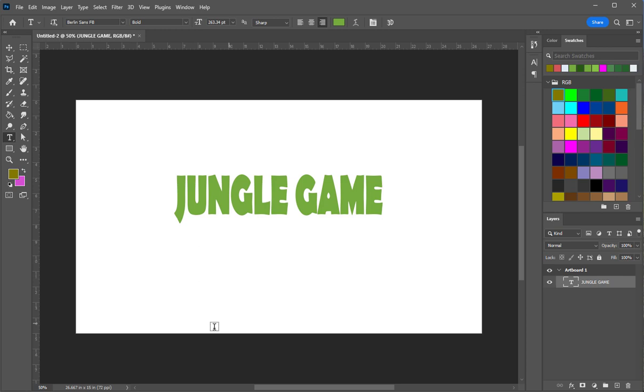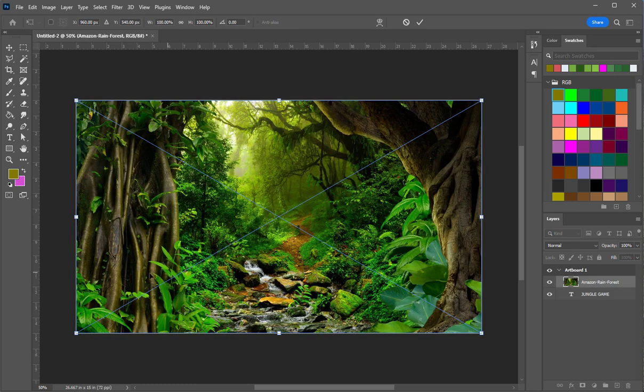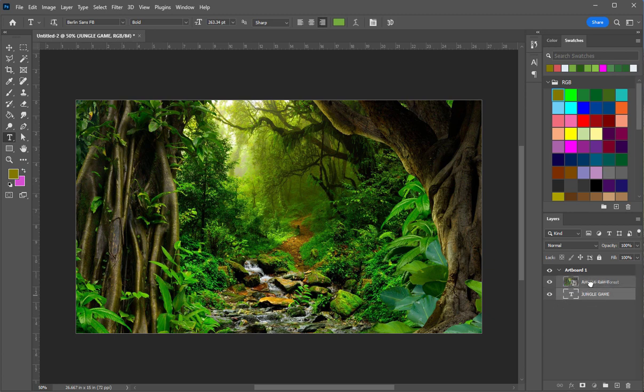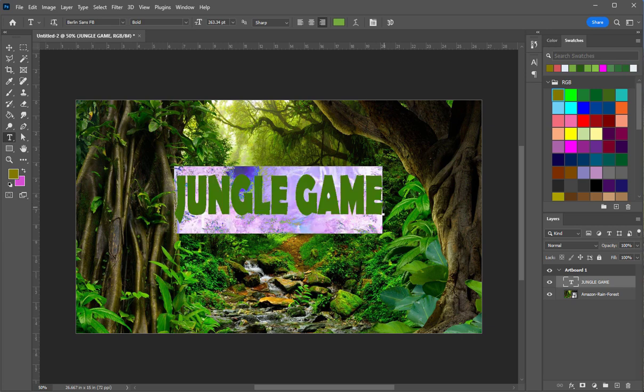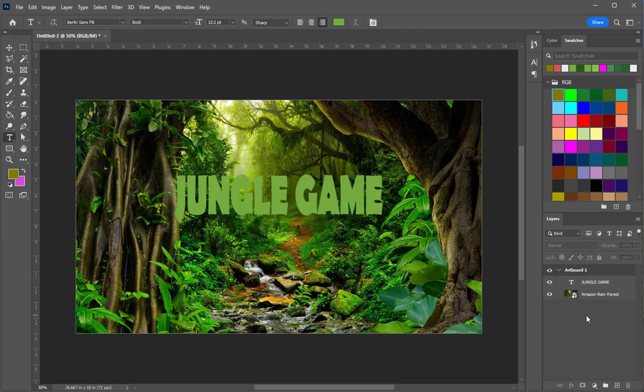Okay. I also probably need a background, so I went on the internet and found a picture of the jungle. I just dragged that in. There's my picture of the jungle. Move the text layer so it's on top of it. And you can see that that doesn't work super great because I can't see the name. So my options are